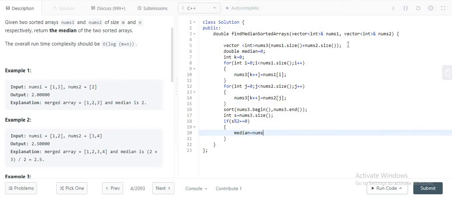We have to take the average of both these middle elements, if the length of the array, that is the vector, is even. So we'll do a little computation.